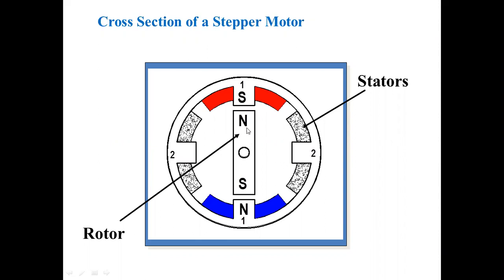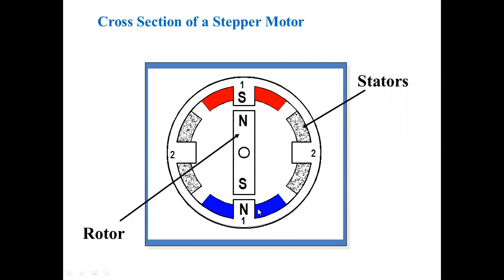Here, because of the permanent magnets, the north pole and south pole are constant. There is no polarity change. The magnetic poles are not changing here. They are placed in a constant manner, north pole here and south pole here within the shaft. Therefore, the north pole is given towards 1 dash, and here the south pole is towards 1. The switching sequence is in this manner.